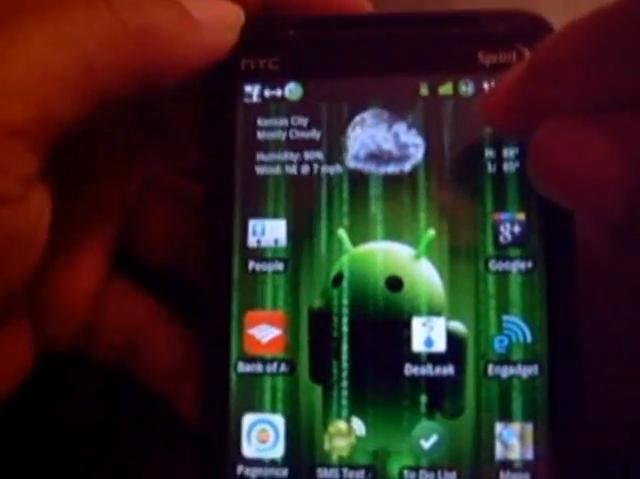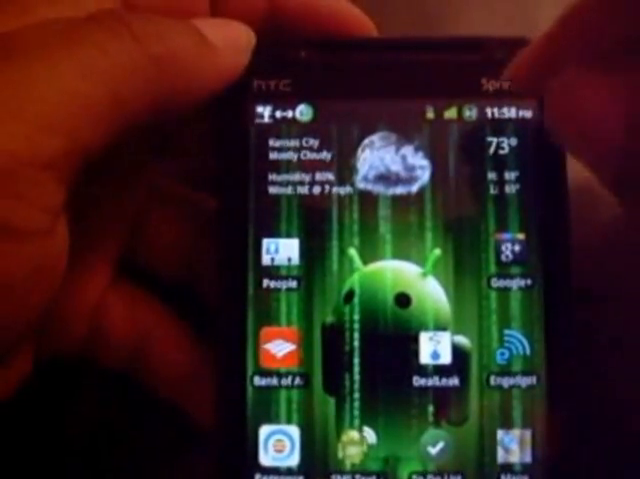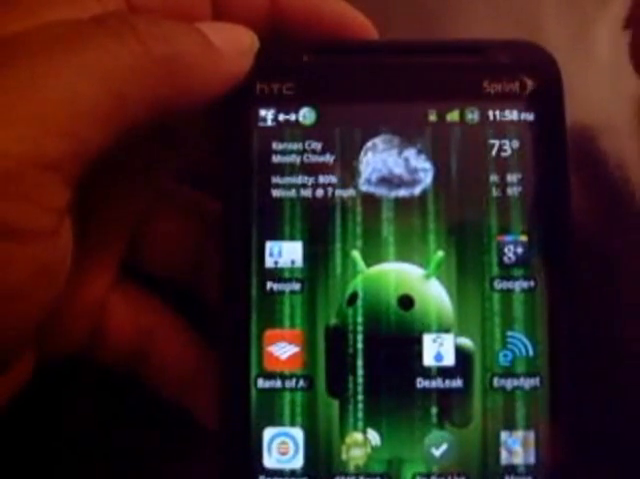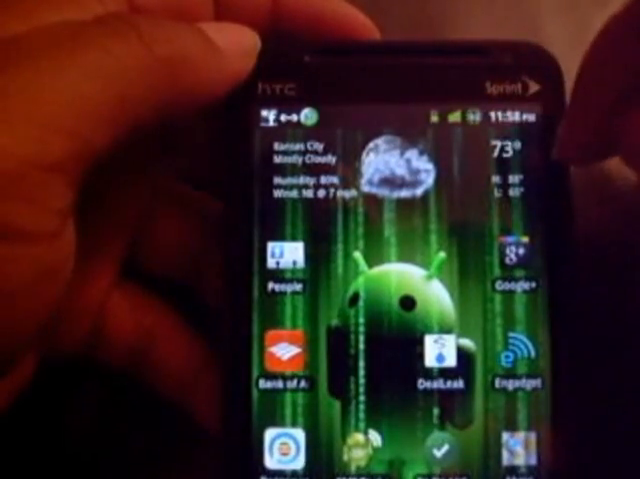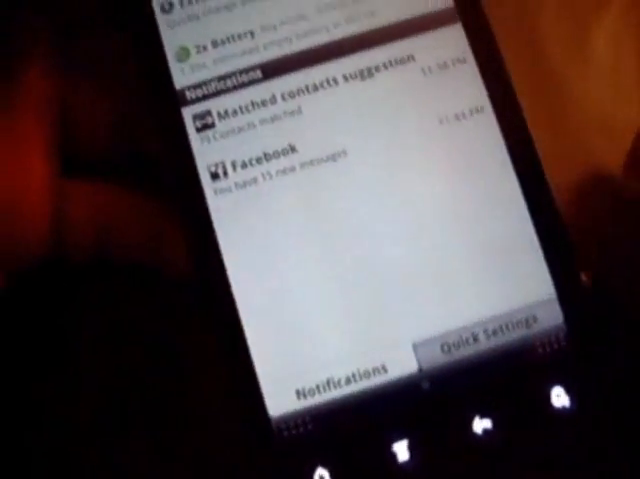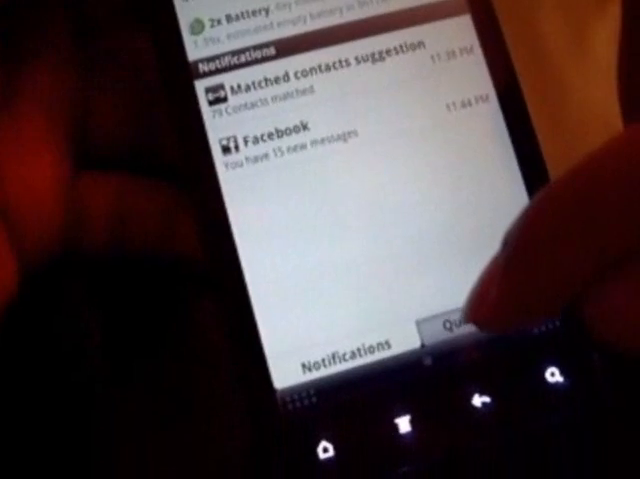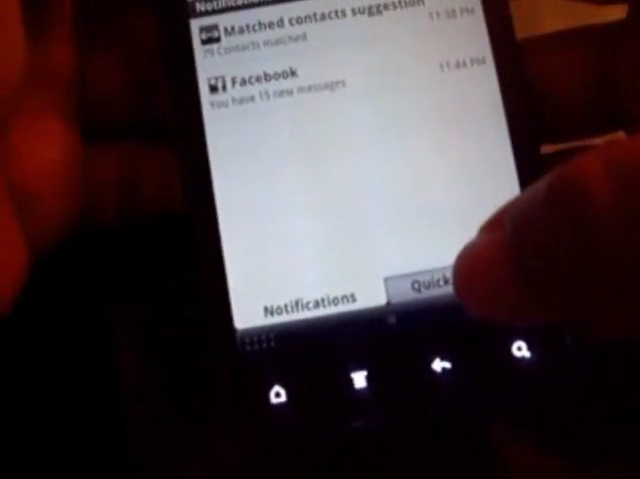The ROM, of course, you see it has a cool green theme built in, with the circle battery percentage, and it does go by 1% increments. You can see, of course, the signal bars and 3G. Now, this being an AOSP, it still uses the Sense drop down, and I thought that was really cool because I like having that feature. Like I said, the notifications, and then also the quick settings